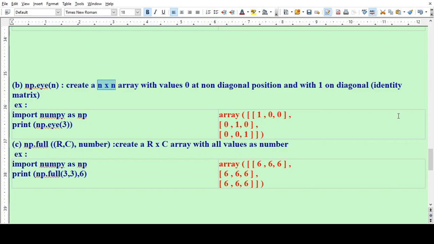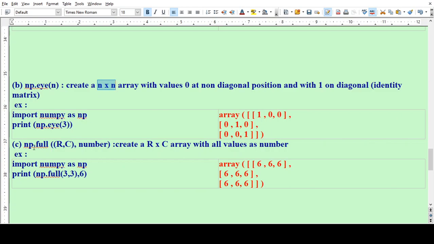So everybody understands the meaning of the identity matrix. In an identity matrix you will see the 1s at the diagonal places. For example, import numpy as np, print np.eye(3). This statement gives the result, the array 1 0 0, 0 1 0, 0 0 1. This array or matrix is called the identity matrix.